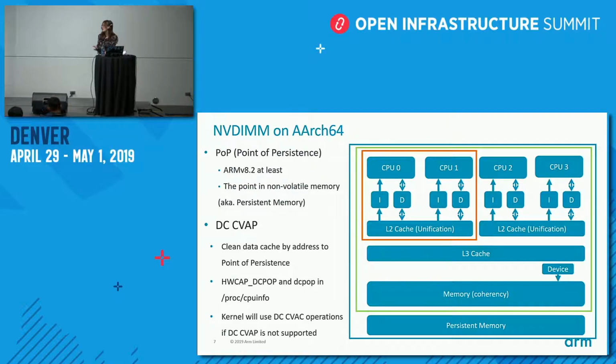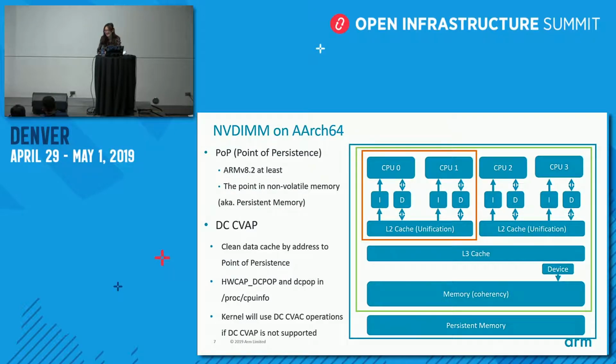So I will dig a little deeper into the status of NVDIMM, or generally speaking, persistent memories on ARM64. Until ARM version 8.2, we could not fully support persistent memories, that is, non-volatile memory devices. Why is that? What's the new feature in ARM version 8.2? So to